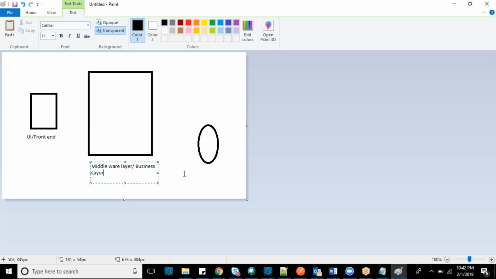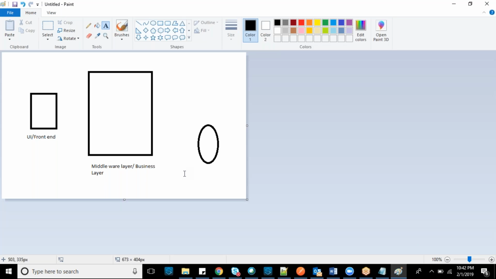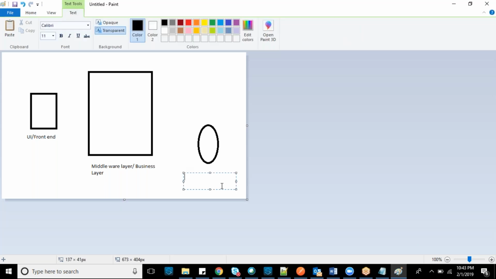Any project, for example, if you consider a banking project. Actually, what is this middleware application? This middleware is nothing but business.